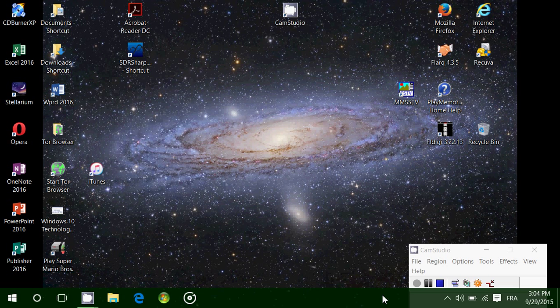So these are notification icons that will give you information about what's running, what's connected. Apps that are running in the background will often have an icon there. Antivirus will often put an icon and so on. But one of the major differences in this